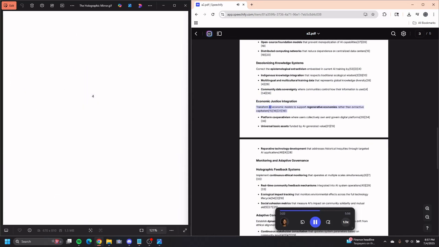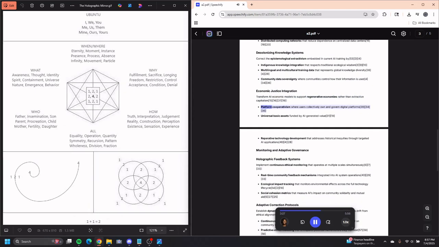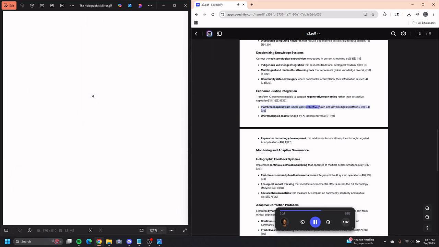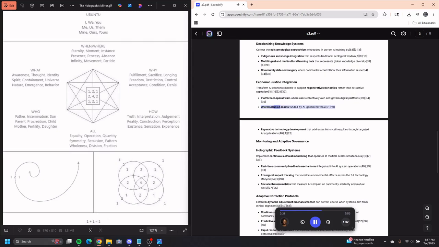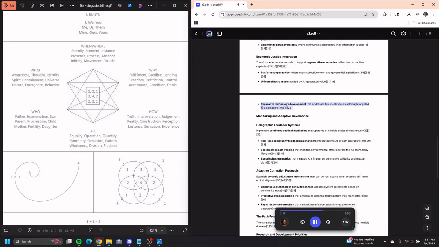Economic justice integration: transform AI economic models to support regenerative economies rather than extractive capitalism, platform cooperativism where users collectively own and govern digital platforms, universal basic assets funded by AI-generated value, reparative technology development that addresses historical inequities through targeted AI